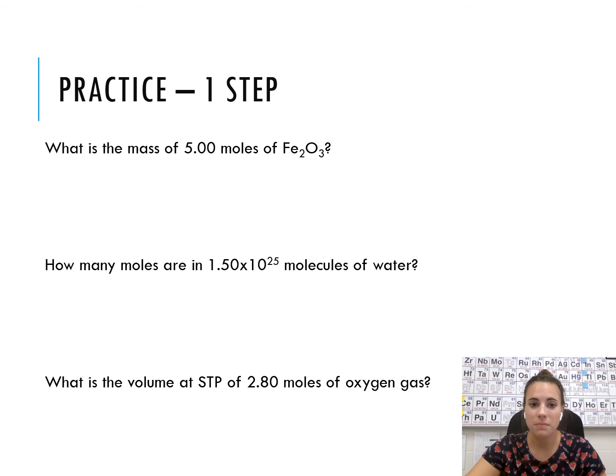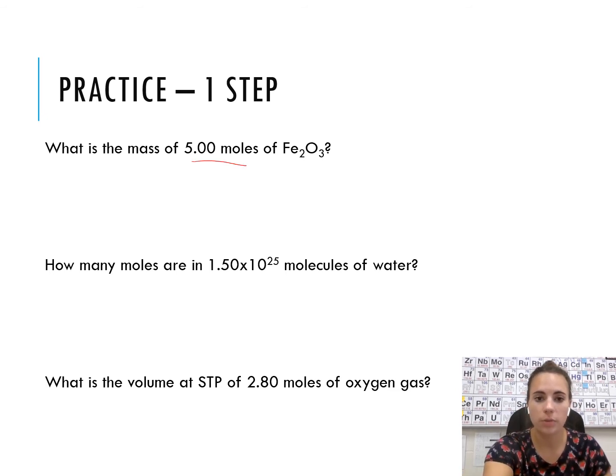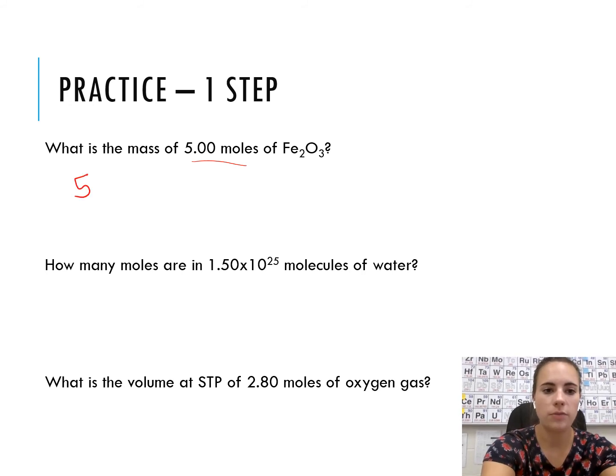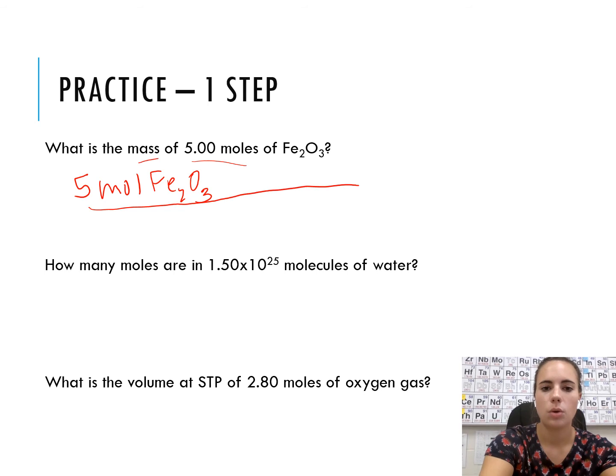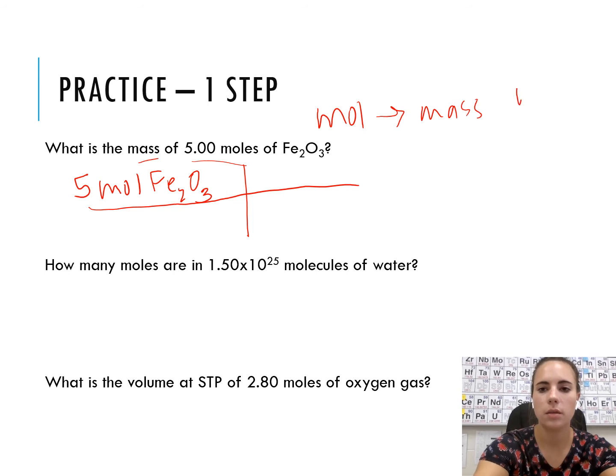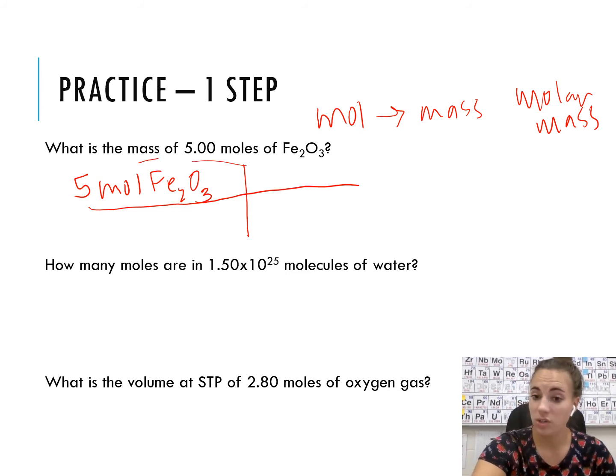So question 1 says, what is the mass of 5 moles of iron(III) oxide? So just like in any other conversion problem, I'm going to start with my given. So I'm starting with 5 moles of iron(III) oxide, and I want to get to mass. Well, my way to go from moles to mass is with molar mass. So I have to determine the molar mass of iron(III) oxide. That's what we just did in previous slides. So when you do that math, you're going to get 159.7